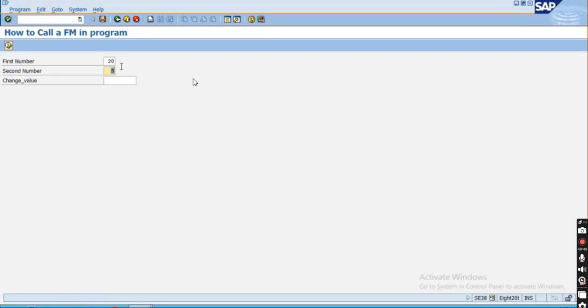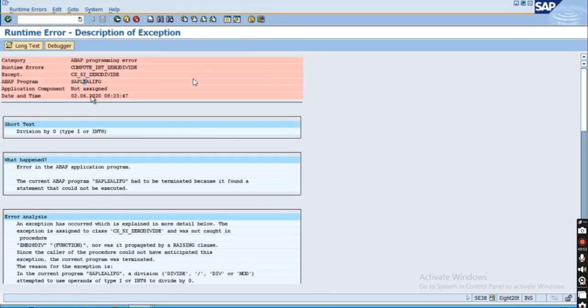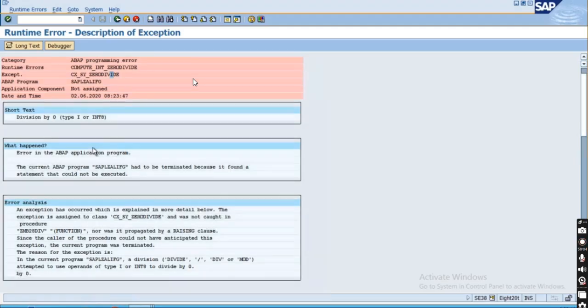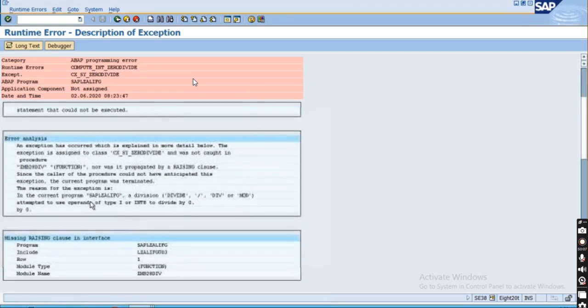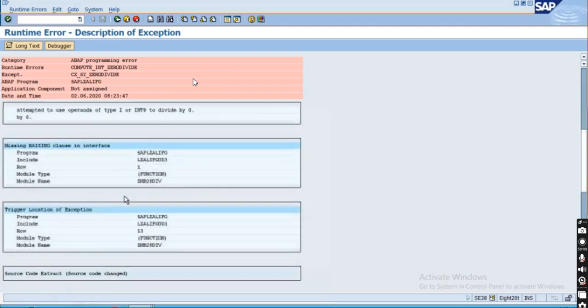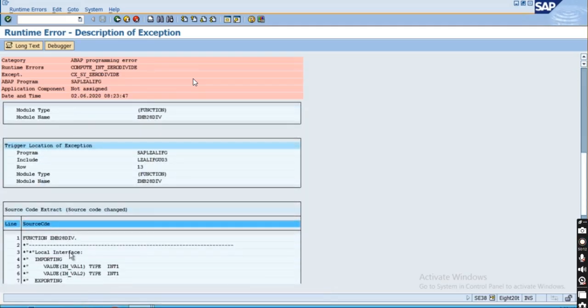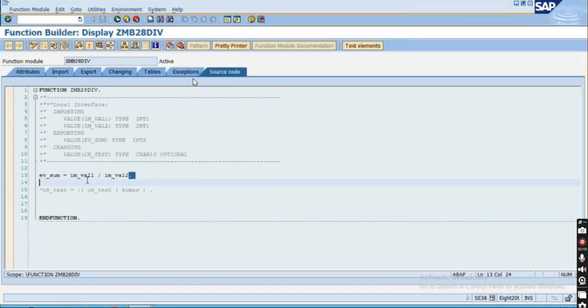But if we give this value 0, 20 divided by 0, it will go into a dump. It gives the exception CX_SY_ZERODIVIDE. You can see division by 0 is not allowed. This is normal mathematics: we cannot divide any number by 0, because we don't know what the result would be. So to handle that particular scenario, if we give 0, what you can do is